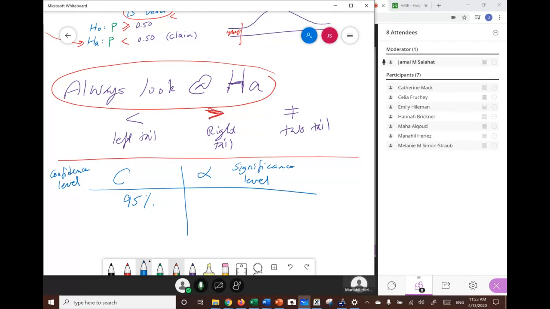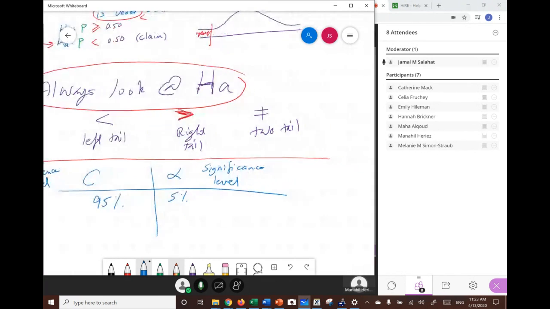And we want the confidence level to be very high, like 95%. We don't want it low, like 20%. Now, there is something called significance level. The significance level is the complement. So if the confidence level is 95%, the significance level will be 5%, because 95 and 5 make 100. And what is the significance level? The significance level, by definition, is